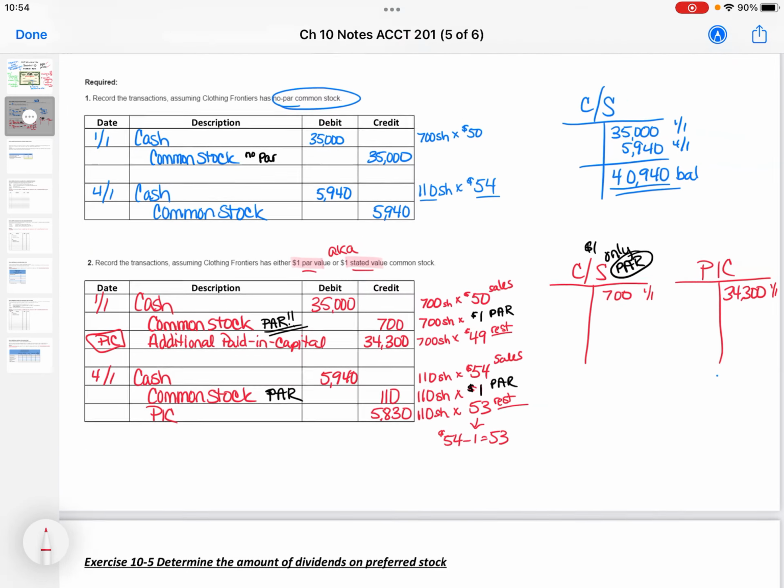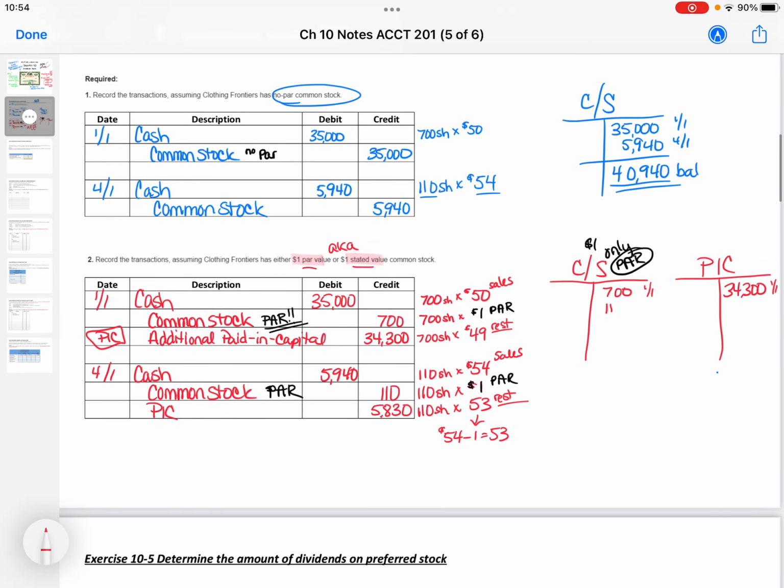Okay, so my T accounts. My common stock T account looks really small now. That's okay. Because what's great about this T account is I have $810 in here. These are dollars. And I can easily divide this by par to find out how many shares I have outstanding, which is an important thing to know. And we'll get to that in our next problem. And then over here, I've got the extra amount.